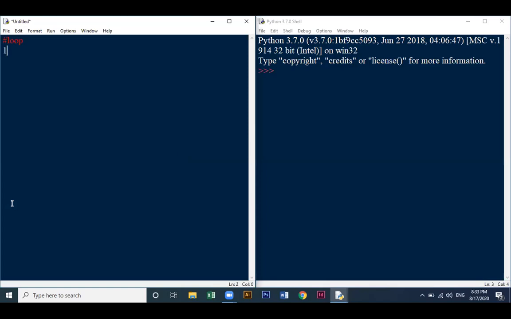Yes. The next thing you're going to implement is loops. There are two types of loop in Python. The first one is the while loop and the second one is the for loop. The basic purpose of using a loop is to execute something